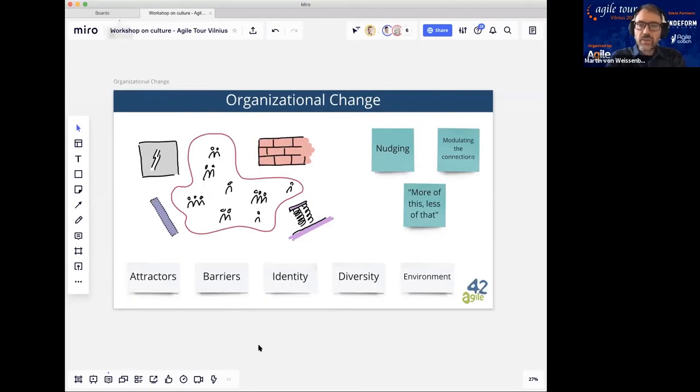Identity is, who are we? Are we the kind of people who pick up trash from the floor to keep the office clean, or are we the kind of people who are basically like, it's not my problem. There's a piece of trash on the floor, and the cleaning lady comes tomorrow to pick it up. I don't need to care about these things. And similarly,